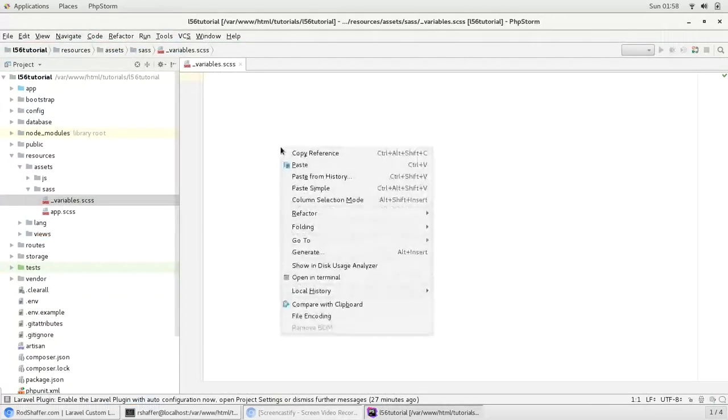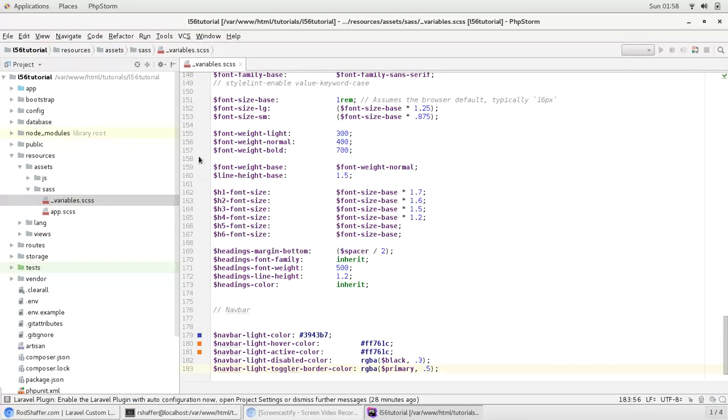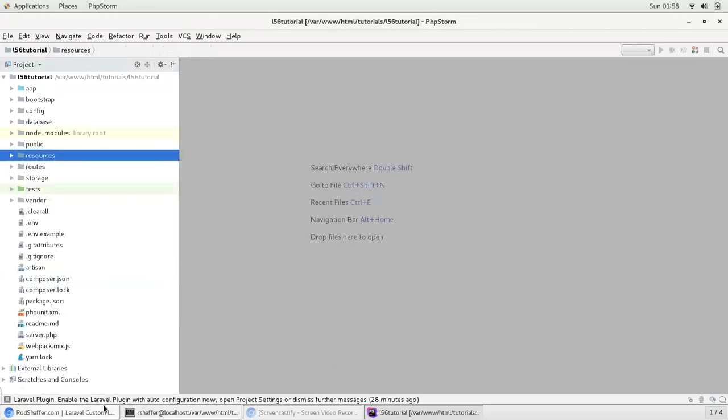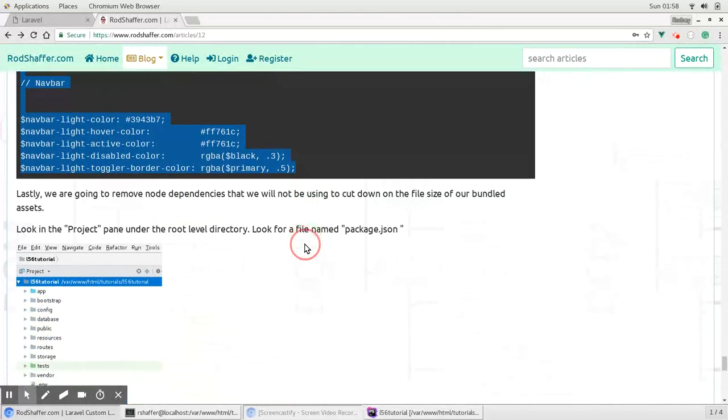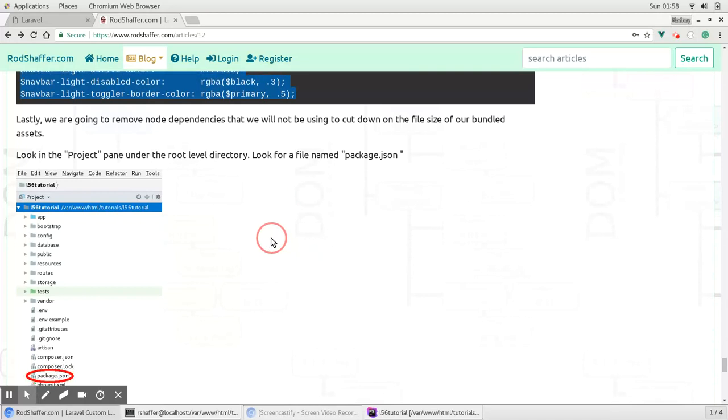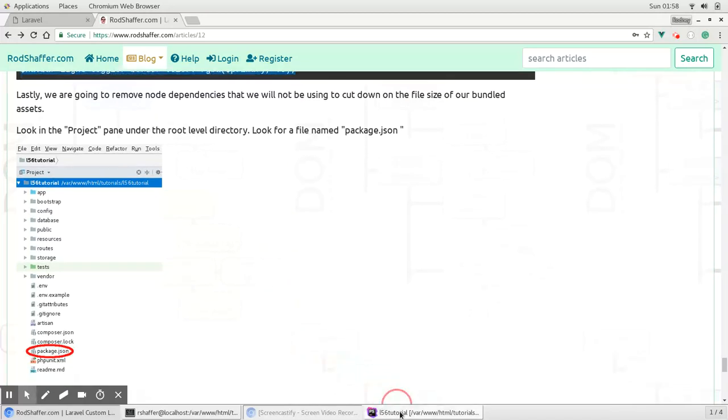And I'm going to go ahead and paste it into there. And then I'm going to close that out. And then I'm going to collapse the resources folder. So the last thing that we're going to do before we bundle our assets is, if you look in PHPStorm